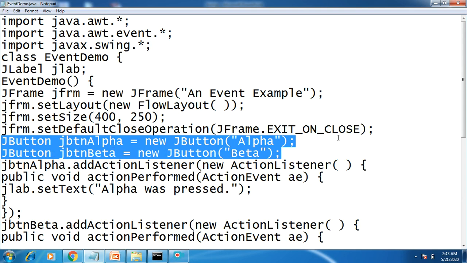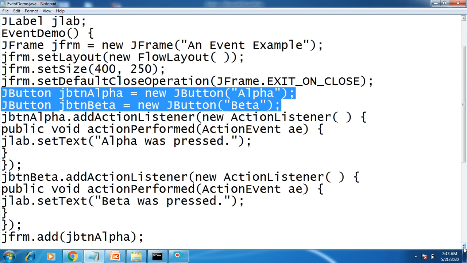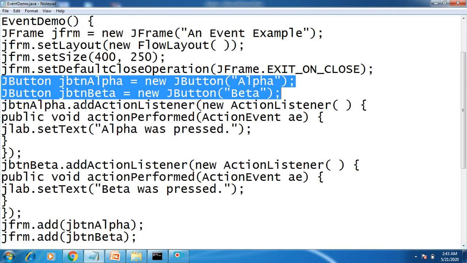As these two buttons are going to generate the action event, we have given this notification by calling the addActionListener interface. jbtnAlpha.addActionListener, create an object of that, which is going to have one method called actionPerformed, which takes one parameter of type ActionEvent. Then jlab.setText.